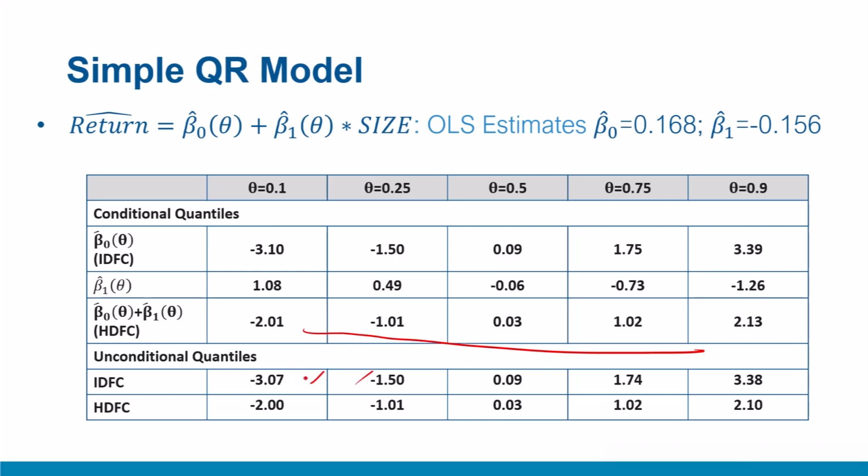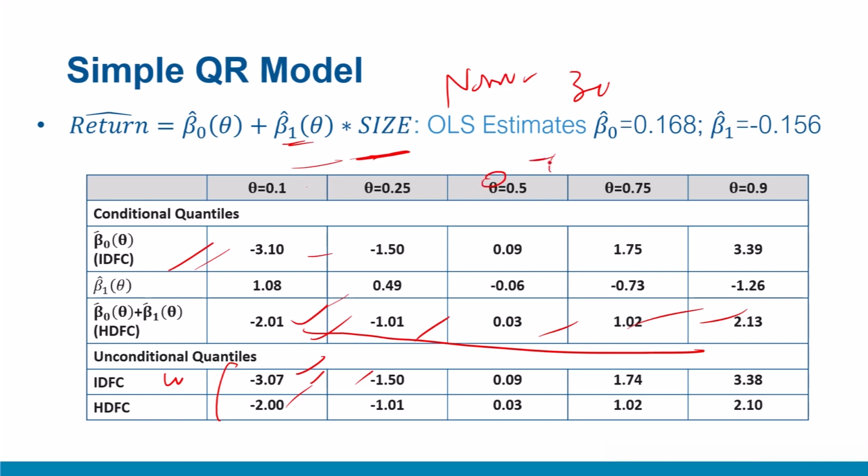So when I break them using this quantile function, that is what you call unconditional quantiles. These were conditional quantiles because we were running them conditional on the size variable, but now we are running them separately, unconditionally, and we get a very similar result, which means our experiment was true. We are getting these quantile values only with the help of quantile regression. So this nominal size variable gave us a very useful way to generate quantiles of these variables when they were mixed, when they were conditional. Unconditionally, one can also segregate, but even if they were given together, the dummy size 0 for IDFC and 1 for HDFC gave us a very unique way to extract the quantiles of these two returns, IDFC and HDFC.